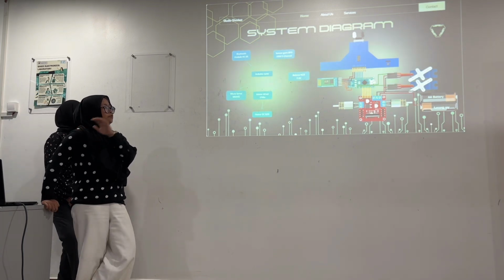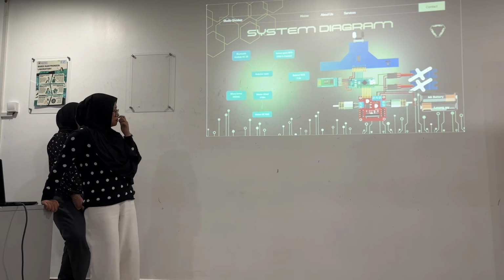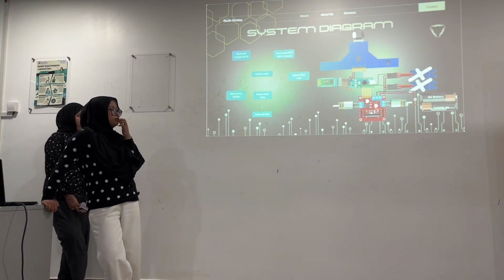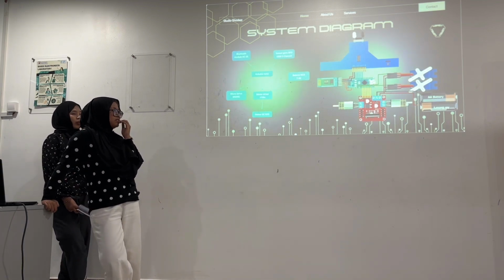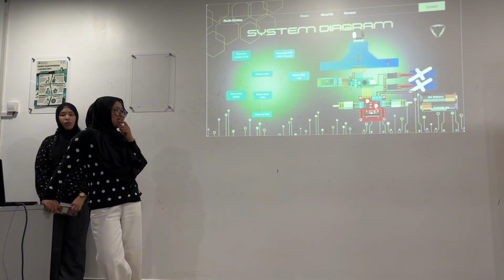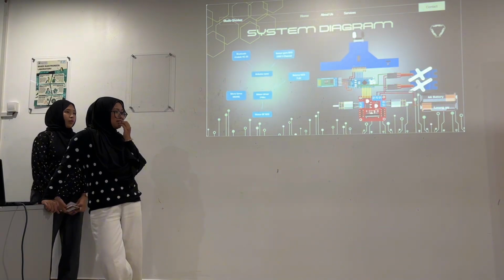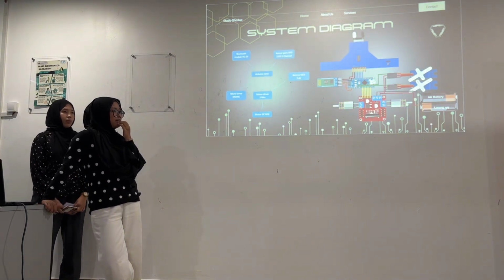But maybe, if it's your suggestion, we will change it to 5 volts. Does it work at 5 volts? I thought it would be 5 volts and it worked, but I don't know why.